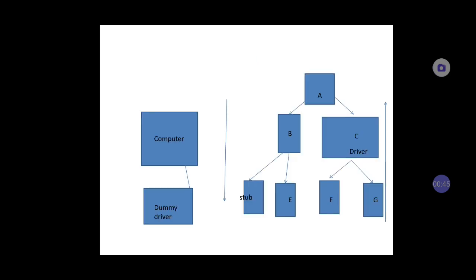as the driver. Now in this diagram you will find there are various modules A, B, C. So the main module is there, sub modules are there, and leaf nodes are also there. Now if testing F, N, G requires a large amount of input, but module C is not ready to give the inputs, we can replace module C with the driver which provides the input to the leaf nodes, that is F, N, G. So it is used for temporary purposes for testing the leaf nodes, and it is a dummy module.